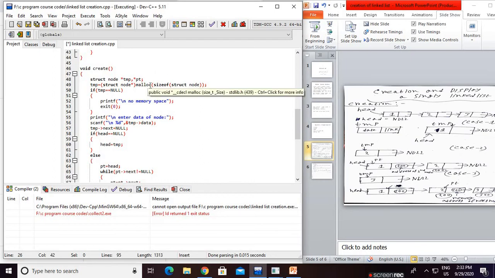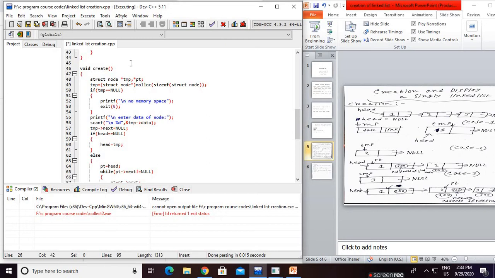What does the malloc function return? It returns a pointer of the void type, a void pointer. As for the node we are trying to create, obviously the node has some memory address. For storing the memory address we need a pointer. So malloc basically returns the